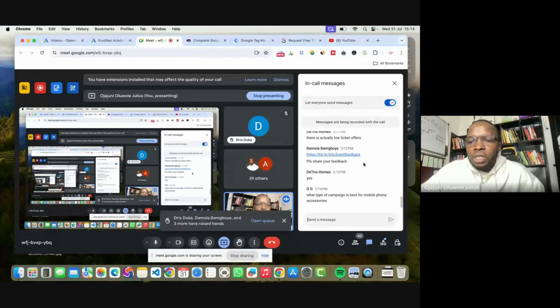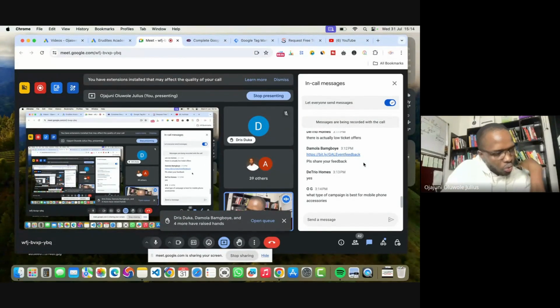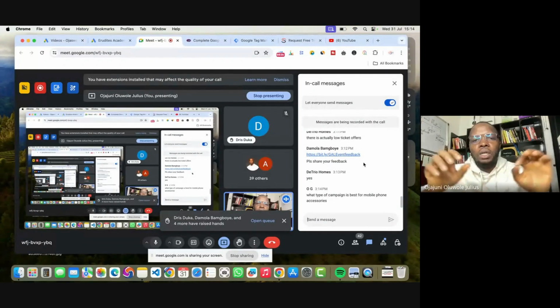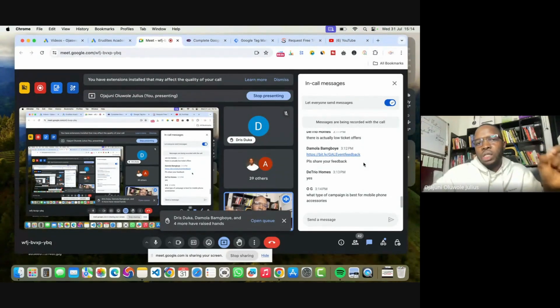The best campaign for mobile phone accessories is the shopping campaign. The only problem we have with shopping campaign in Nigeria is trust. People don't want to make payment, but shopping campaign is the best. What you can do when you are using WooCommerce, instead of allowing them to pay, is to use payment on delivery. There's an option for you to use payment on delivery on WooCommerce. So you can set it up and list all your products on that WooCommerce store,